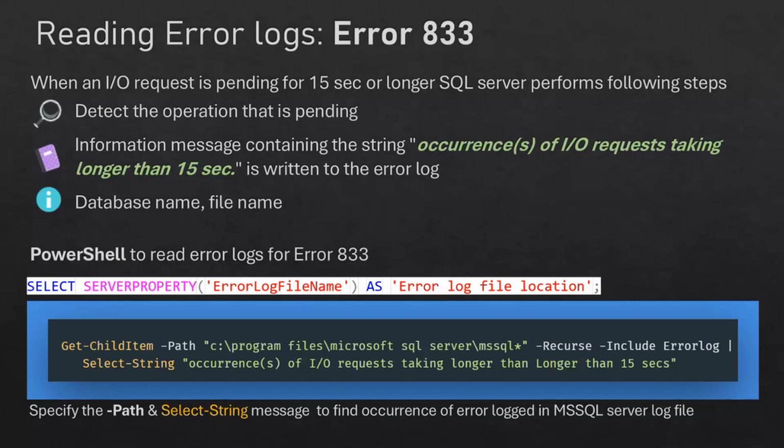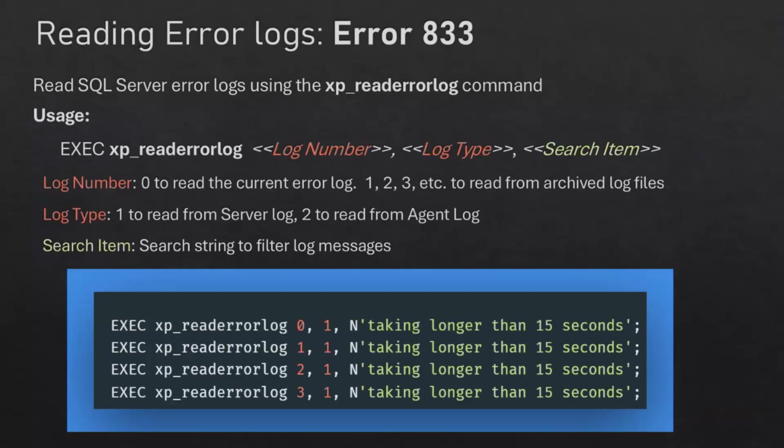So the occurrence of "IO request taking longer than 50 seconds" is the message that is written by SQL Server in this error log. You just go and find if it's present there. If it's present, that means there is some issue with your disk not being able to perform IO operations. Right? If you do not have access to that VM, or you are not able to access the error log file,